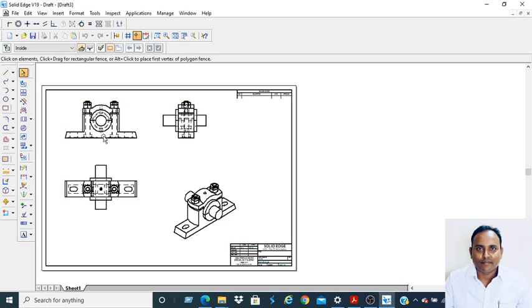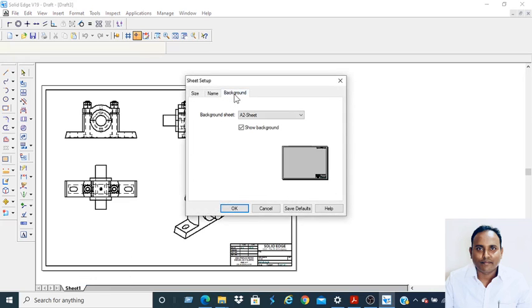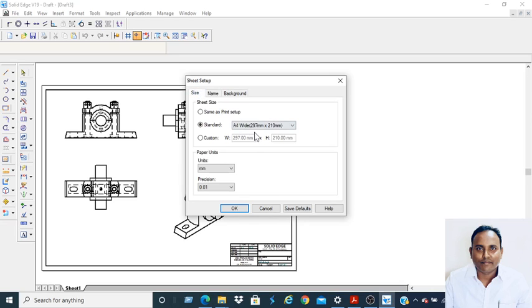Now I placed all the views. This is front view, this is top view, this is left view and this is isometric view, but the sheet is in A2 size. But in examination you are supposed to get the printout in A4 size. So go to sheet setup, right click on this one, sheet setup. I'll set A4 size sheet, background A4, select A4 size, switch off the background, size by default it is A4 only.